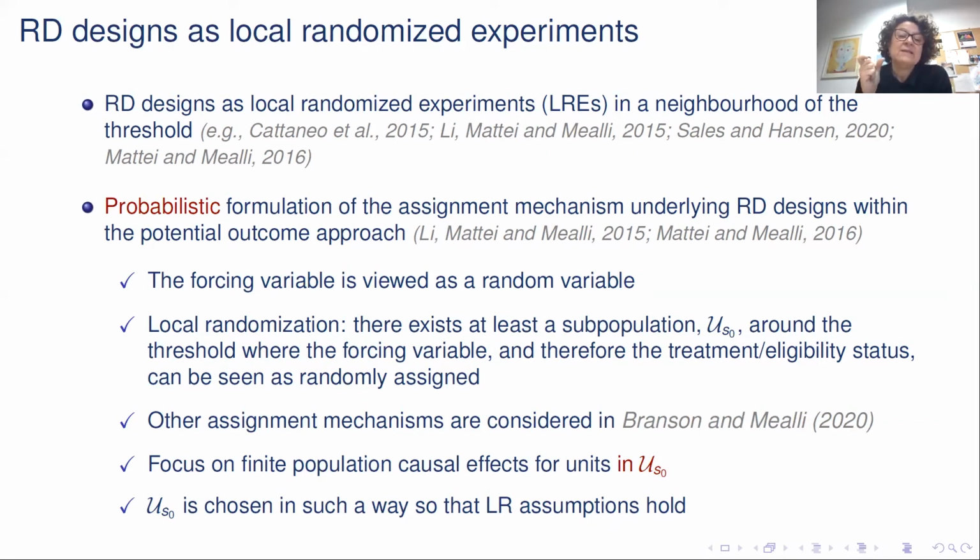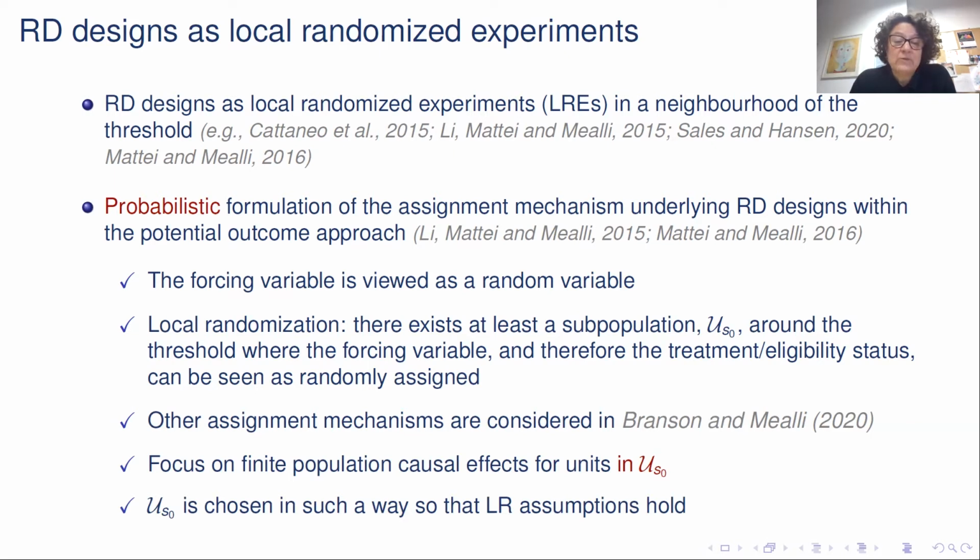And again, by viewing the forcing variable as a random variable whose realized value we observe, this allows to formulate a probabilistic version of the assignment mechanism, and therefore also to formulate both estimands and estimation procedures within the potential outcome framework to causal inference. As I will try and detail in the next slides,